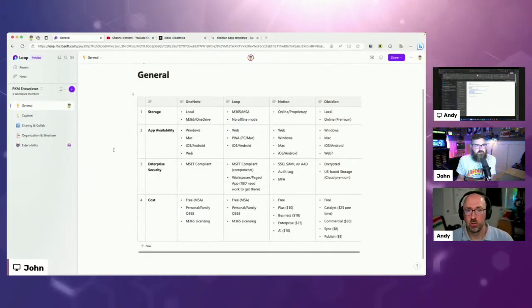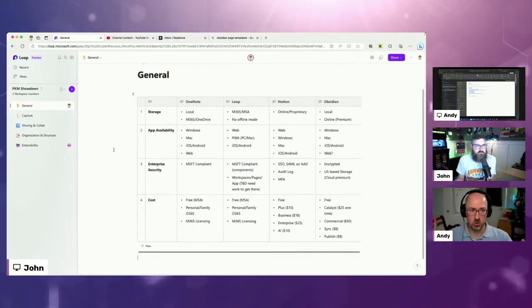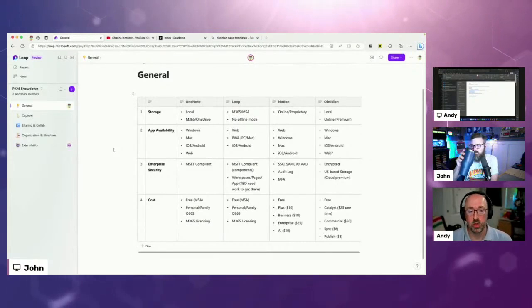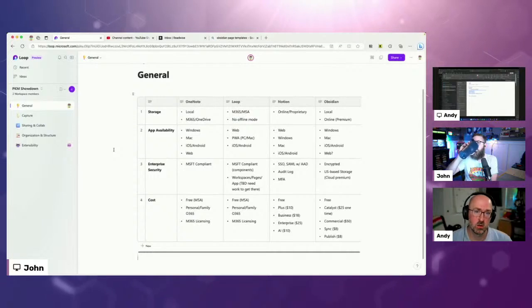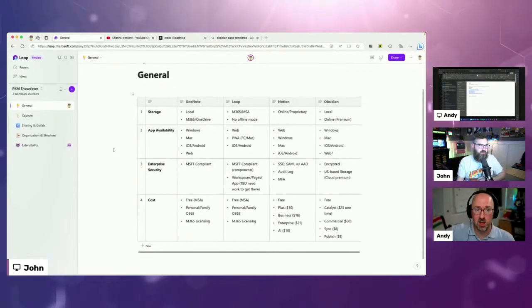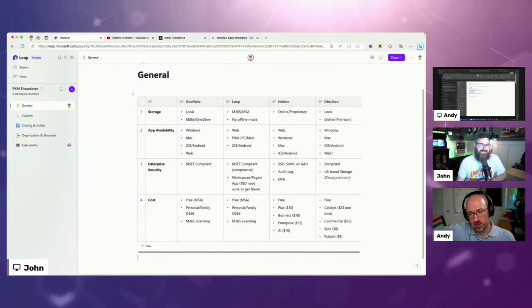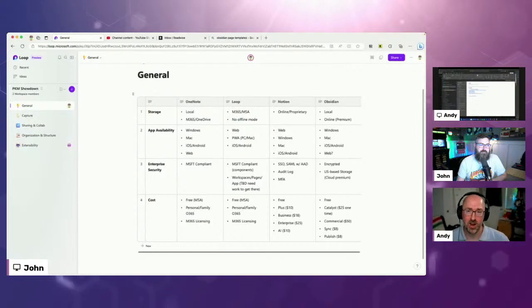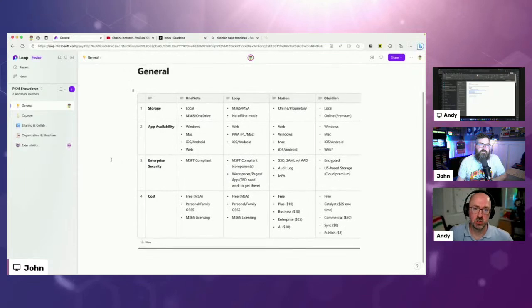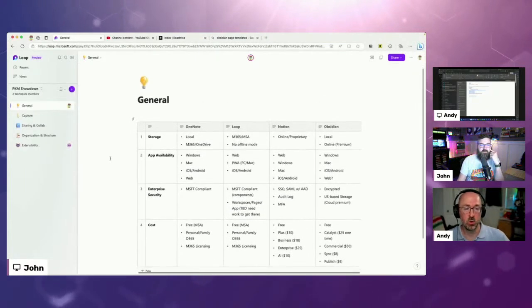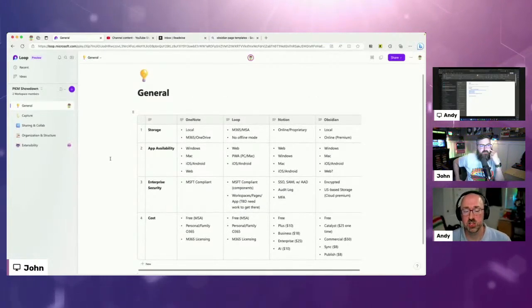As the Loop components continue to grow, the OneNote team has been advertising for over a year now that Loop components are coming to OneNote. That could potentially change the way that I work, because then I could do some of the work that I do... Fingers crossed. When is it coming? In the fall, year TBD. But I could use a Loop workspace for some of my stuff, and then upload a policy or procedure into a OneNote notebook that my team, or another team, is actually using. So Loop components in OneNote.